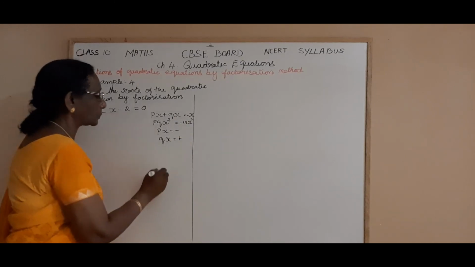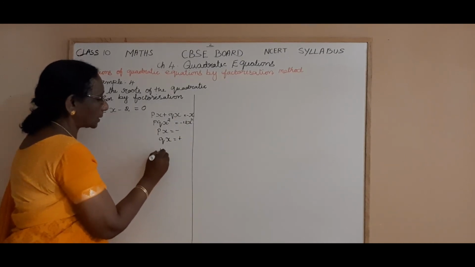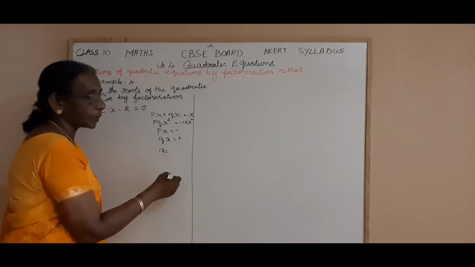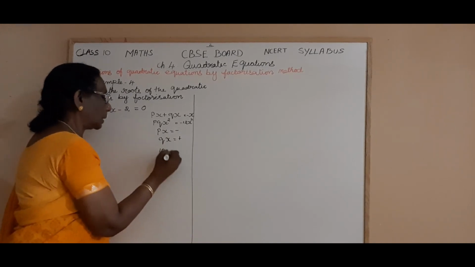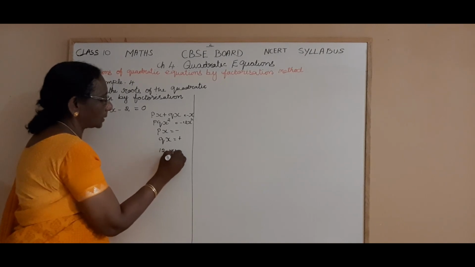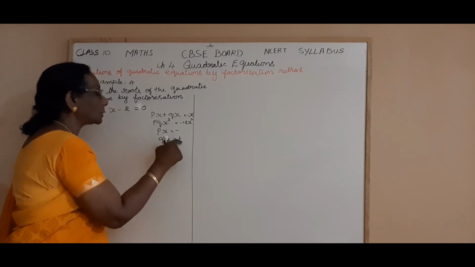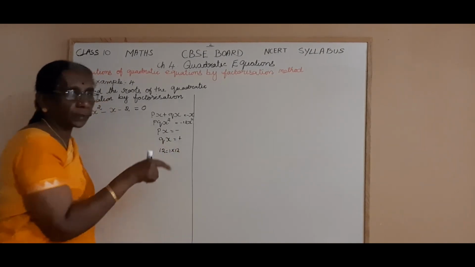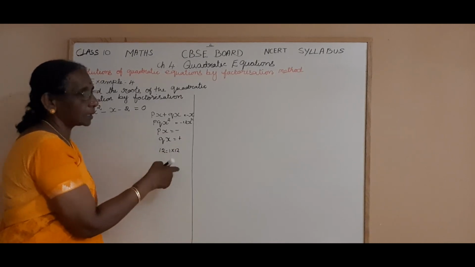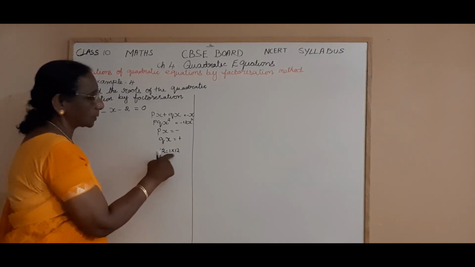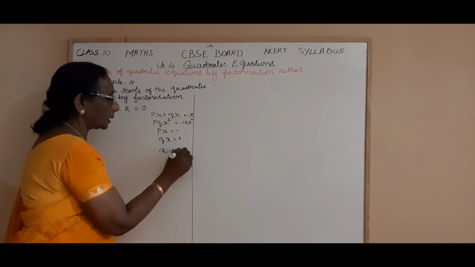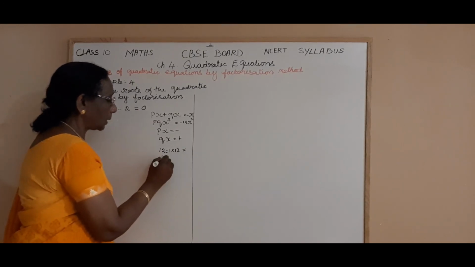What is that? 12. So what are the factors of 12? First, let us start from the beginning. It is the lower number, 1 12s are 12. So here, px and qx should have different signs. So you have to subtract and check. 12 minus 1, 11. So we don't want that. It is not necessary. Then we'll move to the next one.